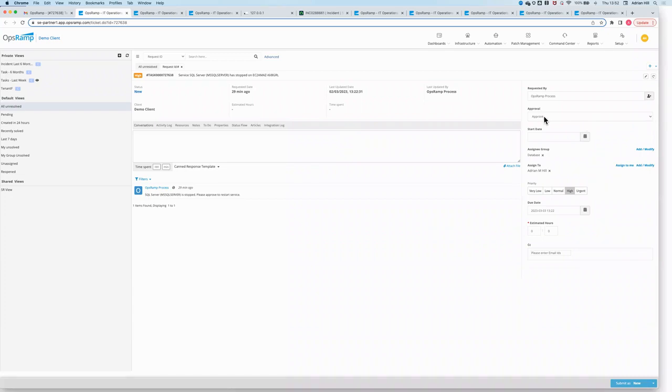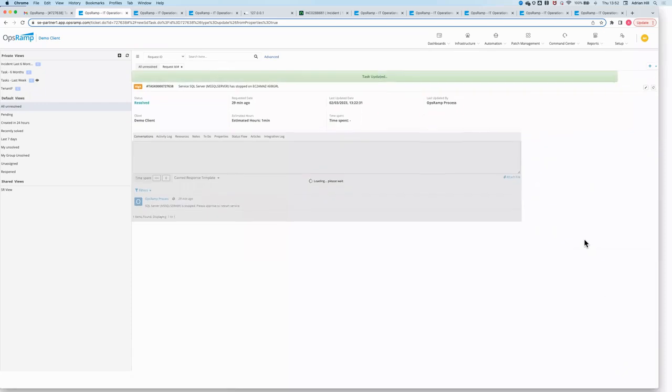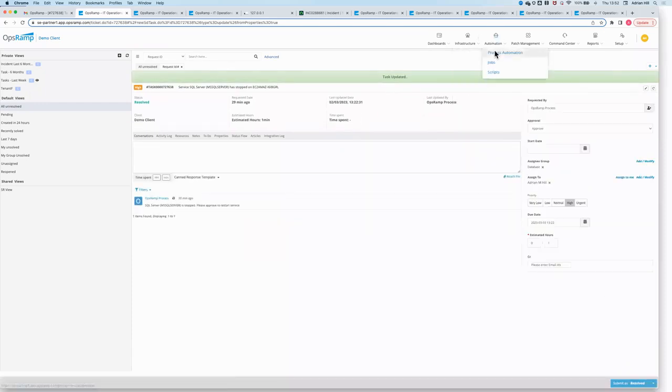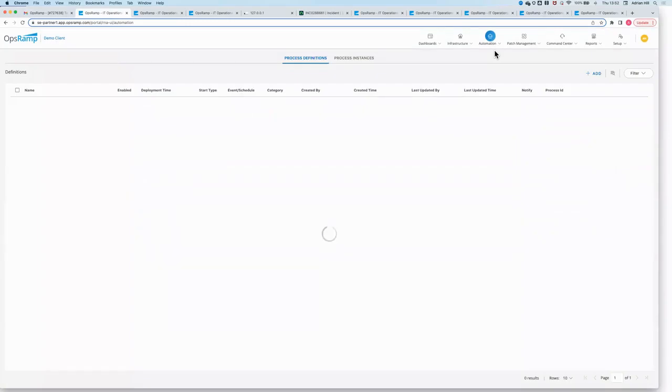So this has already been set as approved. We need to just give it a time span. So yeah, some sort of idea of how long it took to get this done. And then we just mark it as resolved, and that will then release the automation in the background to go and restart the service. So while that's going, I will take you quickly into the process automation screen and show